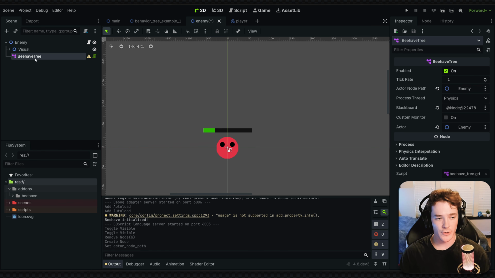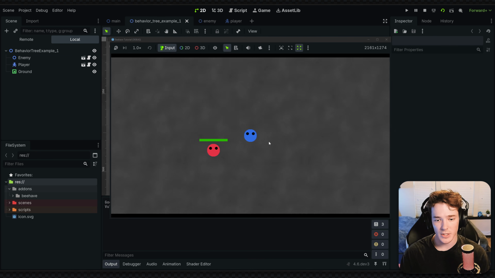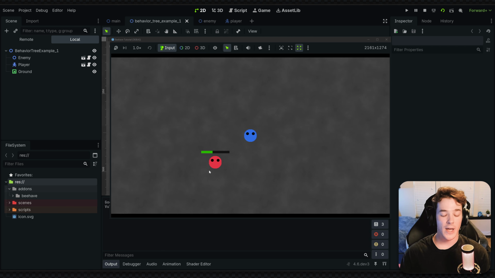So now that our behavior tree is set up, we need it to execute some specific nodes. And first we want to figure out what our enemy is supposed to do. So if I run my example scene here, I basically have a way to move around the player. And then if I hit space, it's going to damage the enemy. And for this first behavior tree, I want the enemy to follow my player. But if at any point the enemy's HP goes below, let's say 30%, I want the enemy to start retreating